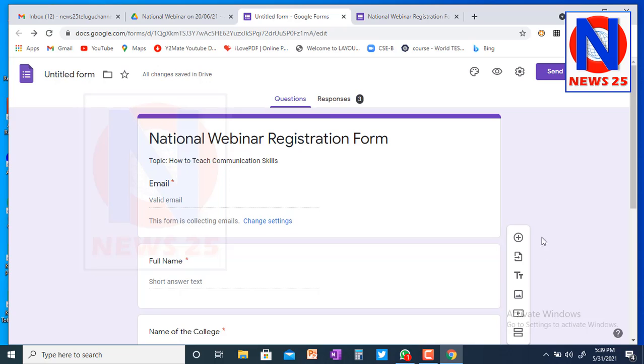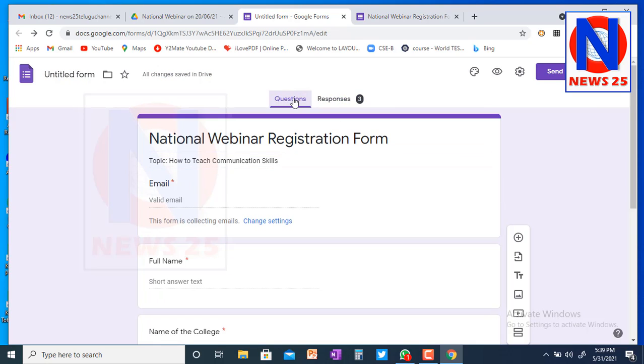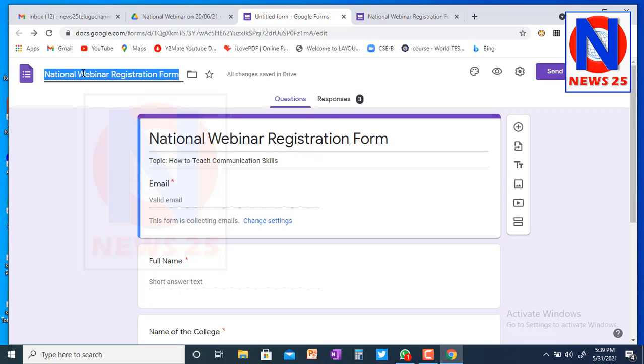Okay, right, so here you can see in your Google form, 3 responses are there. Here you have to give your file name, so you can copy it, Control C, and just click on it, automatically it will take. Right, so here registration form is ready.